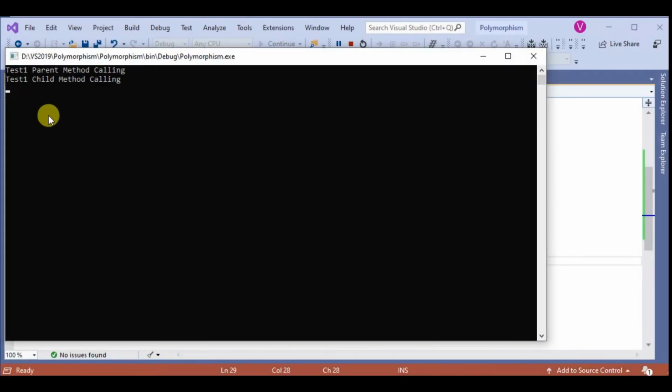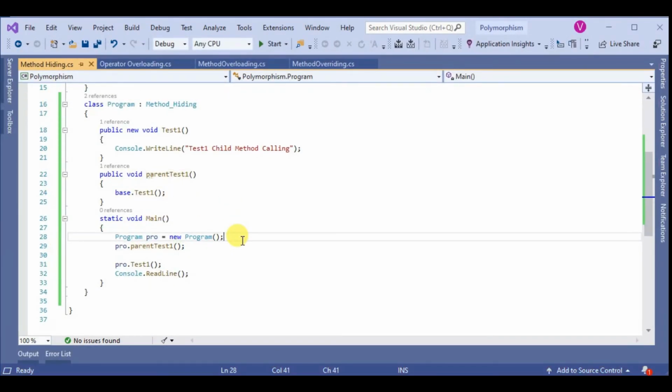So the output is exactly the same as the first approach. So with these two approaches, we can access the parent class method if in any case we require the parent class method exactly as defined in the parent class.